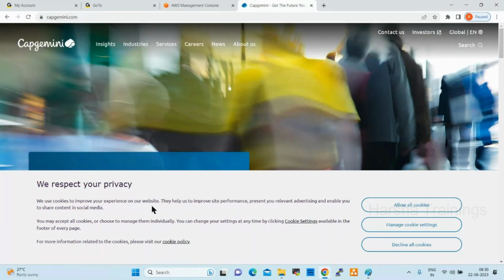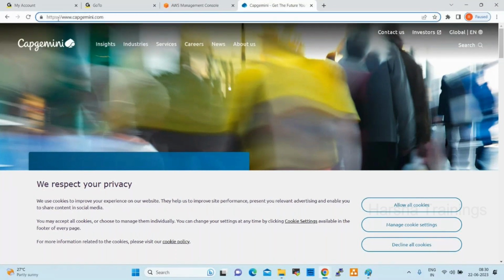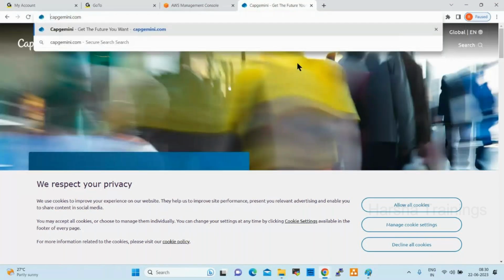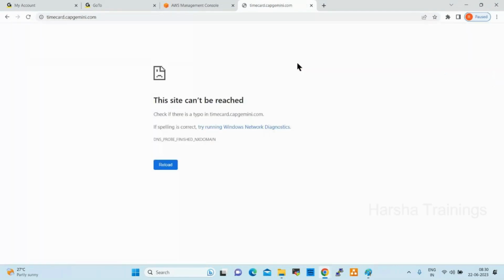This is a public application, so through the internet we can access it. But internal applications like time card entries, timecard.capgemini.com, will not be accessible through the internet. When I update my time sheets, which we do on a daily basis in real-time projects,